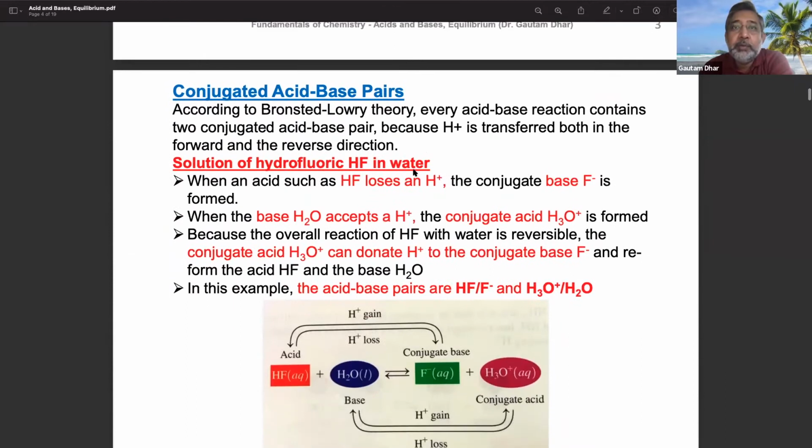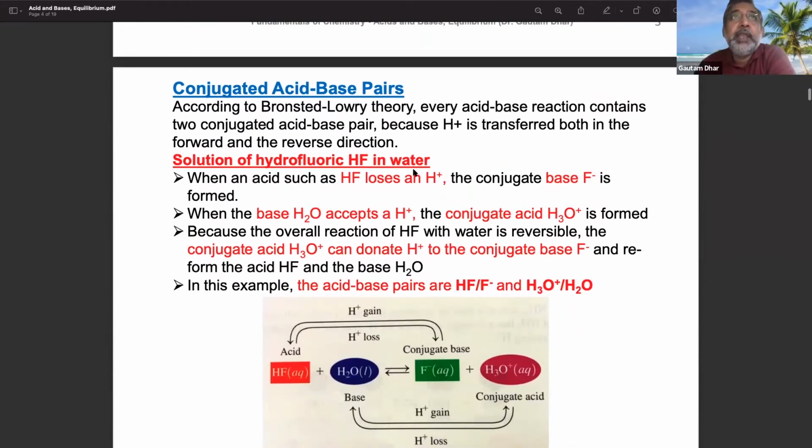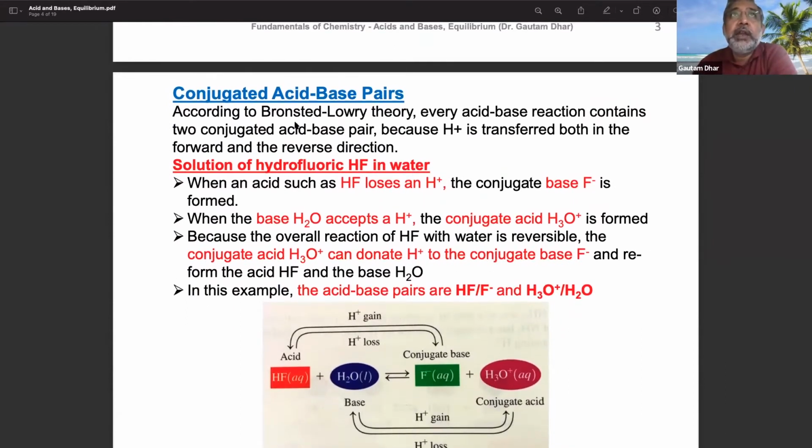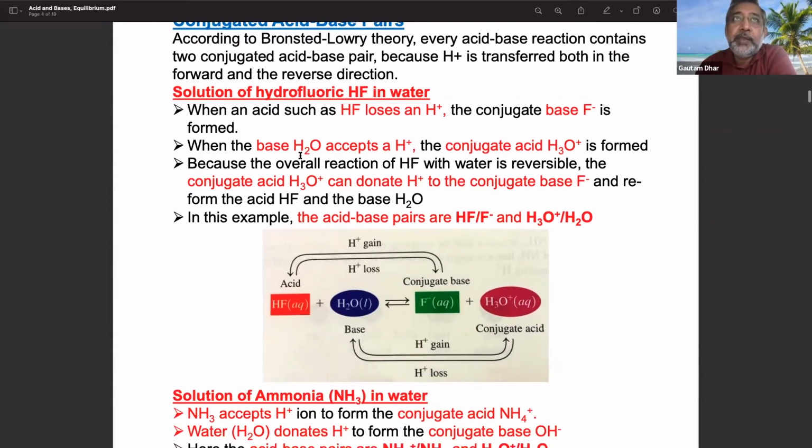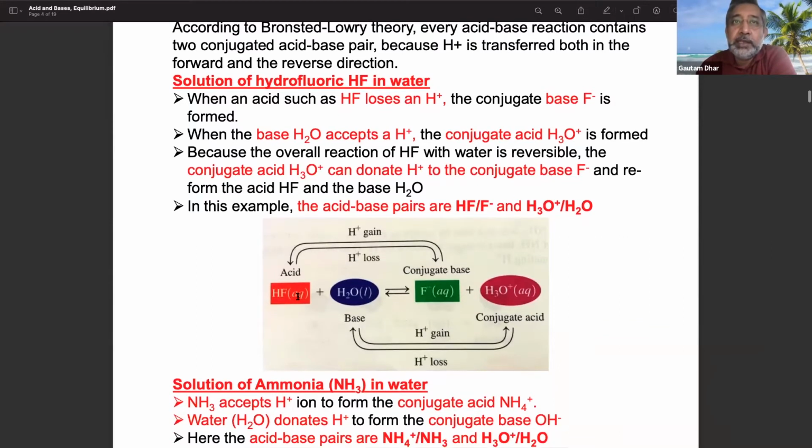Okay, so if we look at another example here, according to Brønsted-Lowry theory, every acid-base reaction contains two conjugate acid-base pairs because H+ is transferred in both the forward and the reverse direction. Okay, so this is with hydrofluoric acid. Same as ammonia, if you look at hydrofluoric acid, HF,